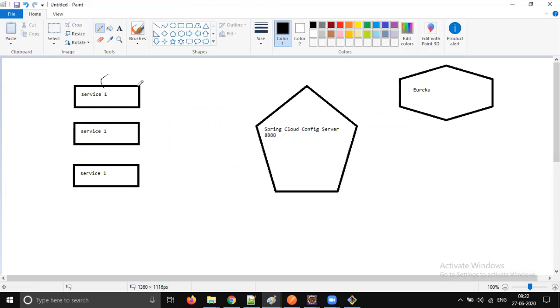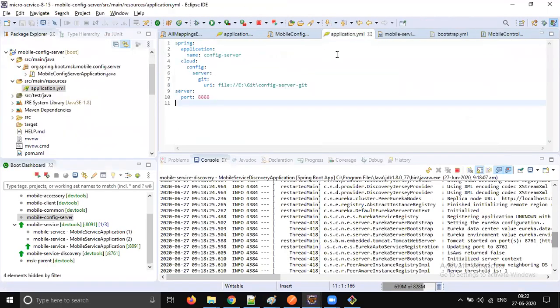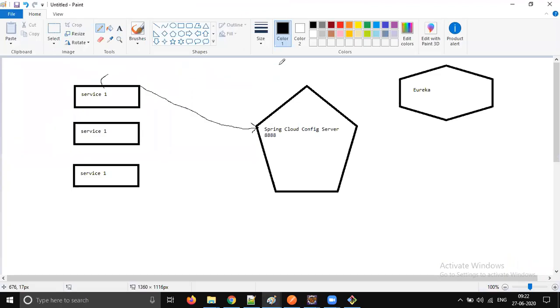So when you start your mobile service, your configuration is going to be loaded from the config server. Based on this configuration, you just need to say what is the port of the server which is running. In the bootstrap YAML, you need to say where the server is running, and you need to keep the cloud config client on the classpath. So automatically it will try to connect to the corresponding cloud config server, and it will try to resolve the dependencies and the properties.